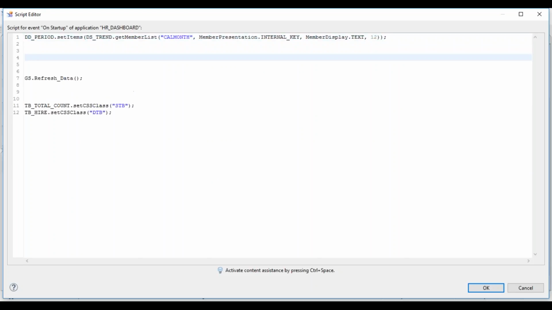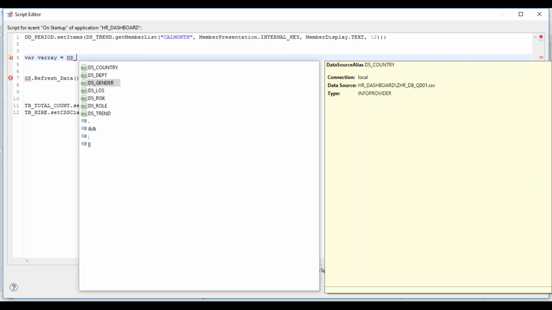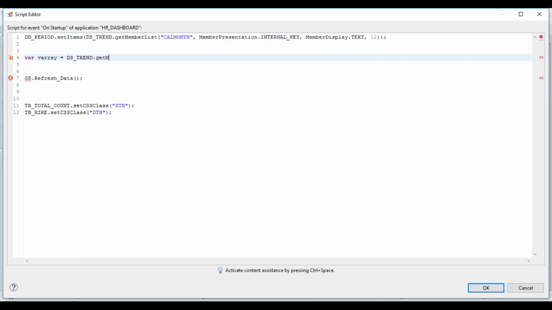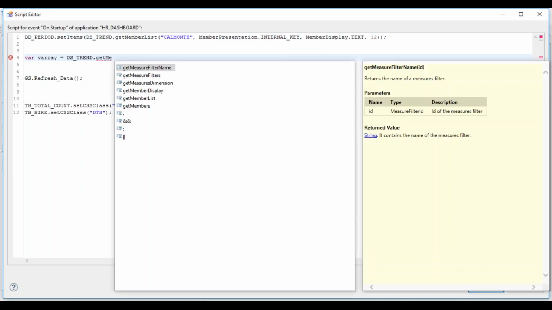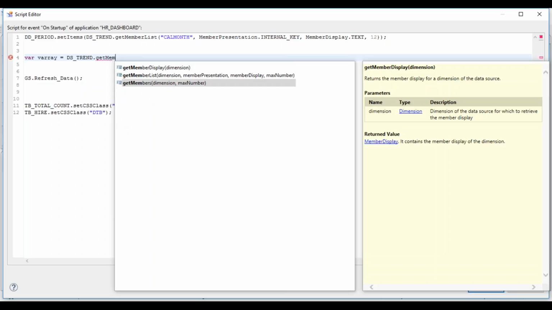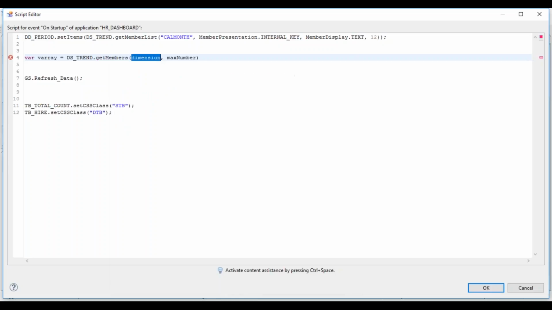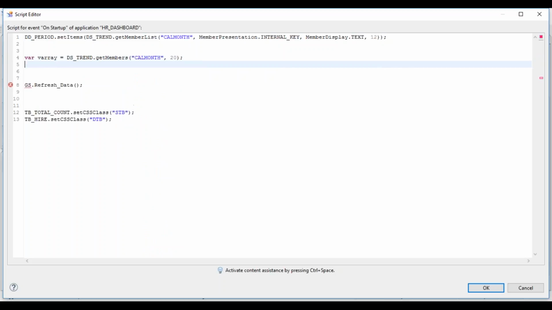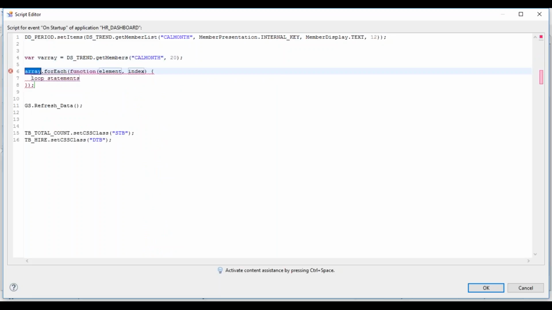Anyways, what you can do is use a for each. You can define an array. Get member is the method. Then for the calendar month you can define your maximum number. Then for each you can start, and my array name is v array.